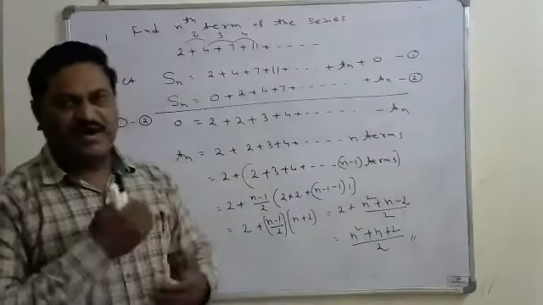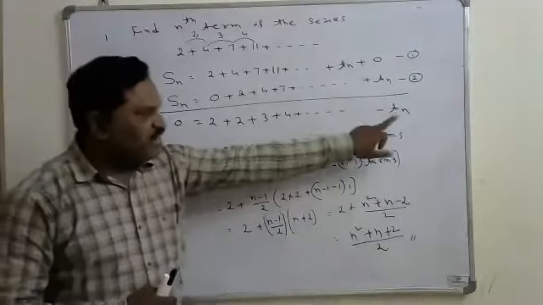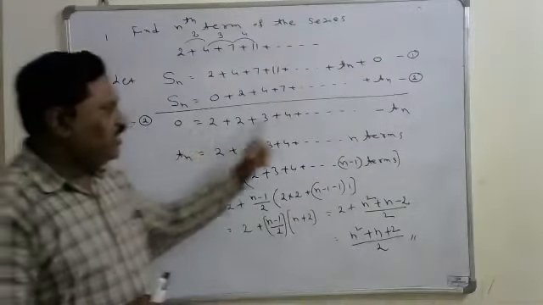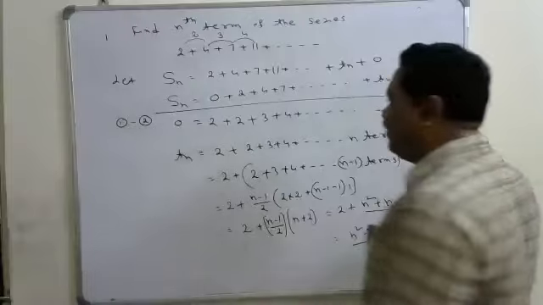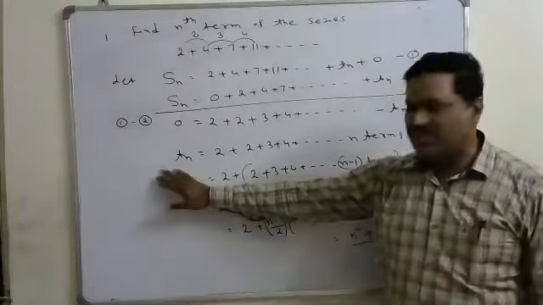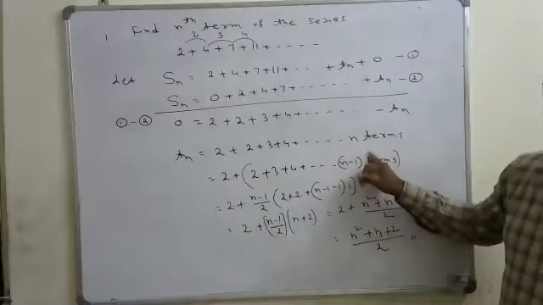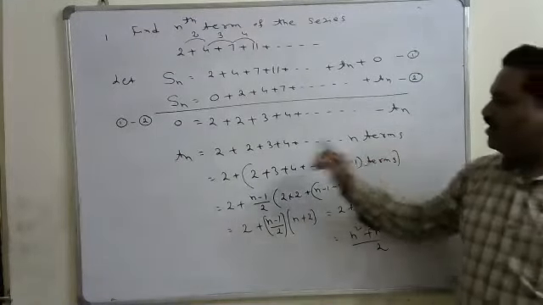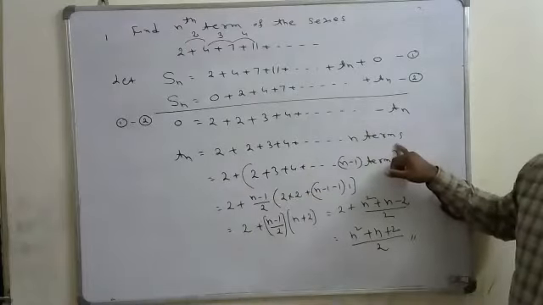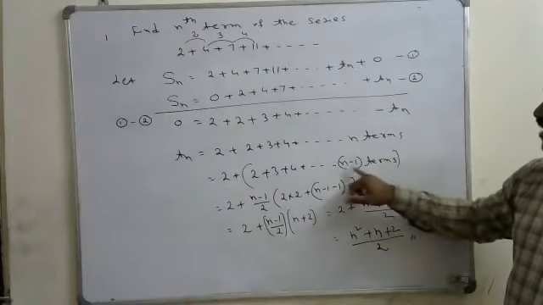Subtract these terms term by term. Now bring this minus Tn to this side, it becomes plus Tn. In total there will be n plus 1 terms overall. Out of that, send this last term to that side, it becomes plus Tn, meaning the remaining will be n terms. Out of the n terms, leave the first term, and all the remaining terms will be in AP. So these remaining terms are n minus 1.